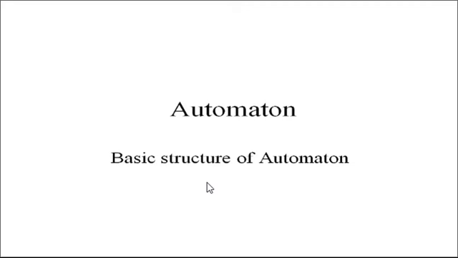Now there are notations and definitions. First term is alphabet. An alphabet is a set of all symbols that might appear in a program, denoted by sigma. So alphabet, you may know all the alphabets A, B, C, D up to Z, and it is denoted by sigma. The second term is a string. It is a sequence of characters and is denoted by W.